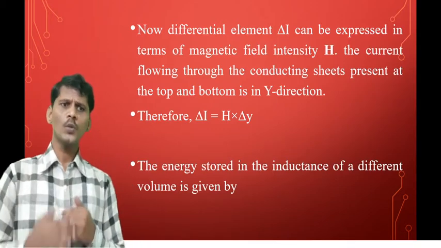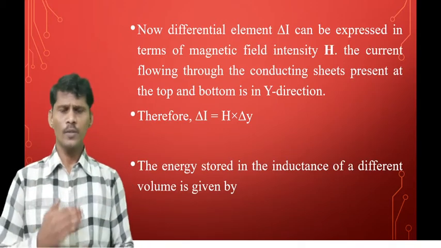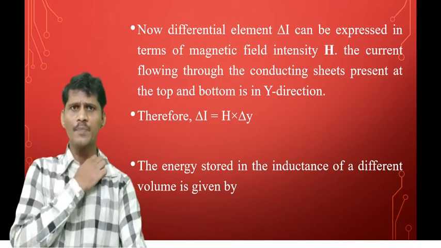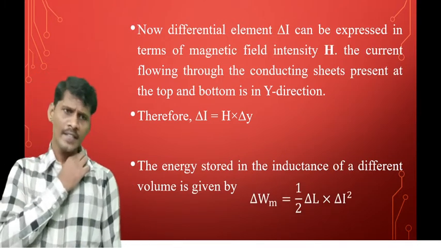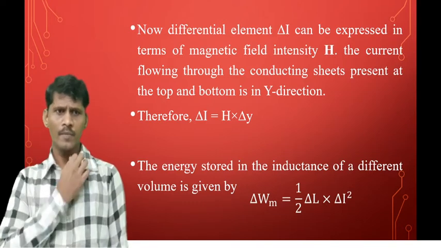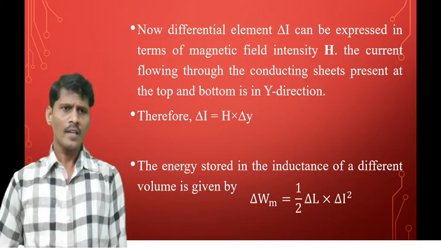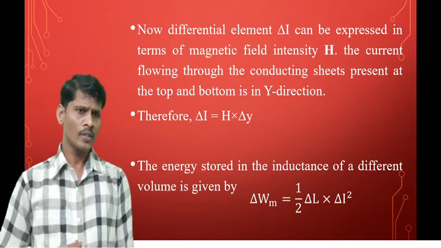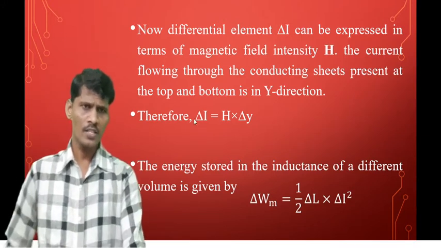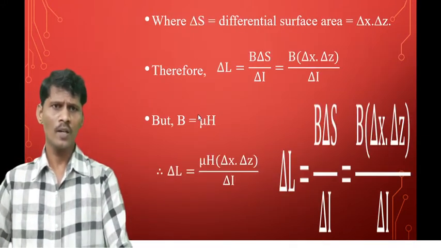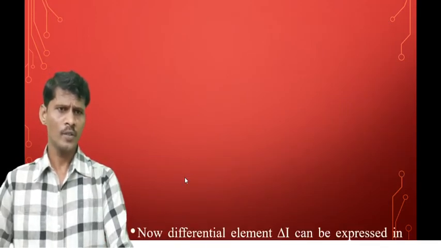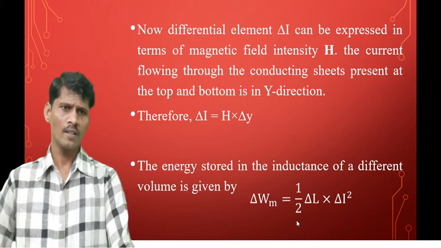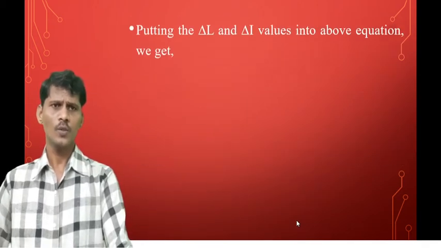The energy stored in the inductance of a differential volume is given by delta Wm equal to 1/2 delta L into delta I squared. Substituting the delta L value and the delta I value into this equation, we get the energy stored delta